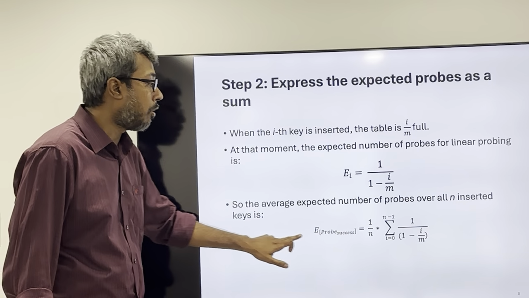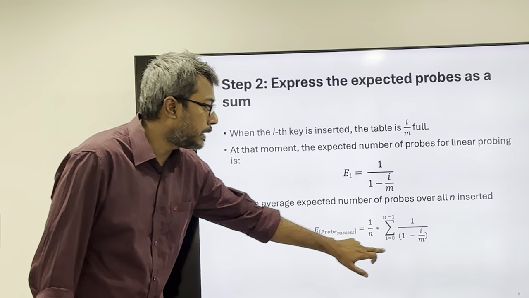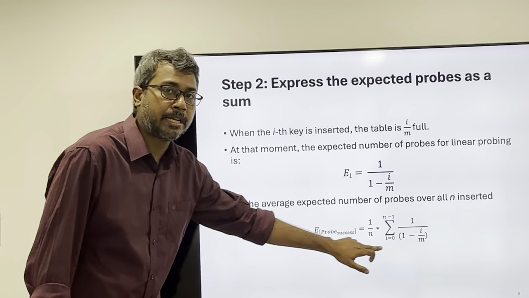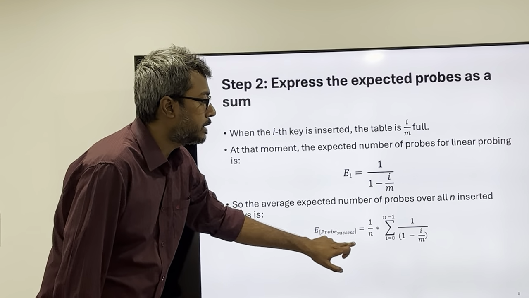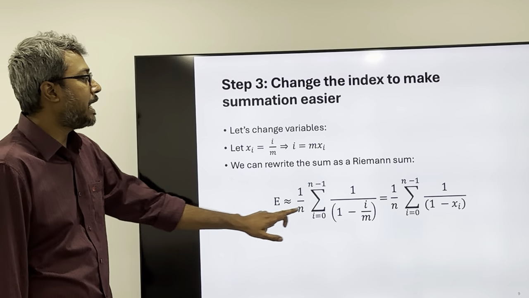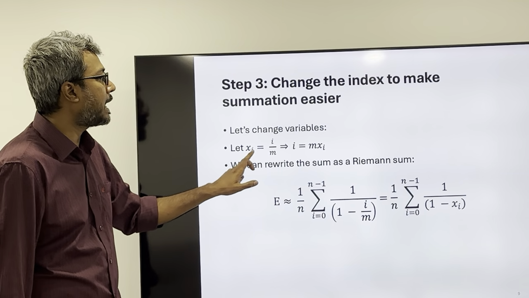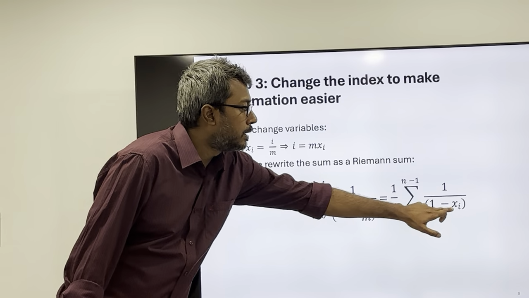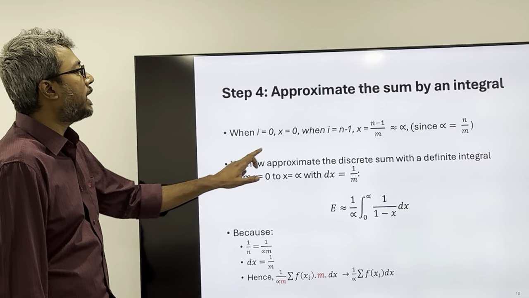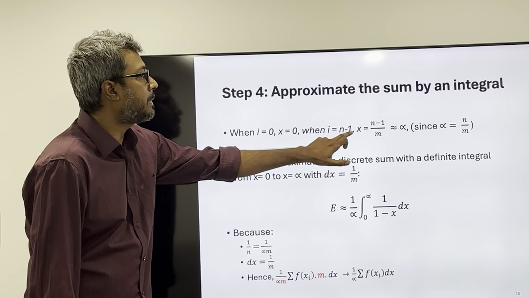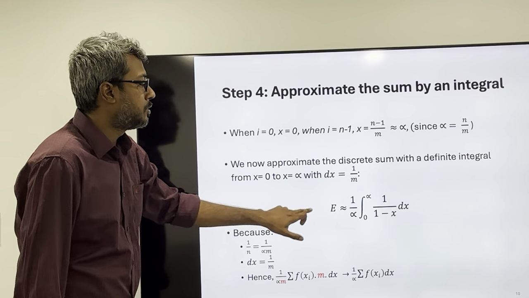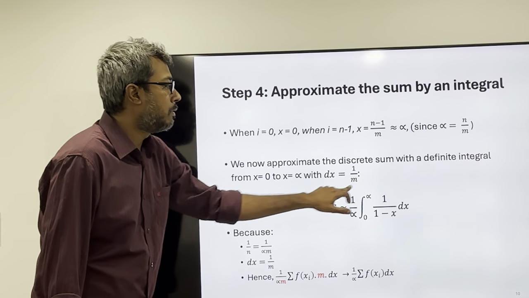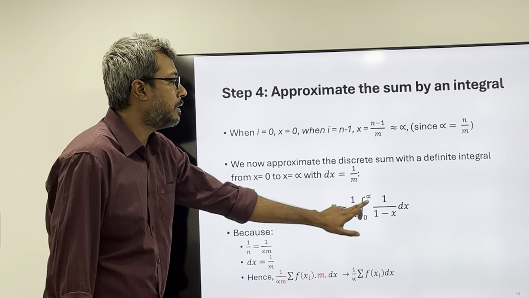If you want to do it for all the elements, the probing for all elements of the hash table, you do the average. You sum the values, you divide by the total. That is called average. But here we don't have anything to do with the load factor yet. So now we're going to change this i by m, because we know x_i equals i by m. We change that. Why? Because it will change our range from 0 to n minus 1 to 0 to alpha. So now we get a discrete sum turned into an integration that has the load factor as a range,